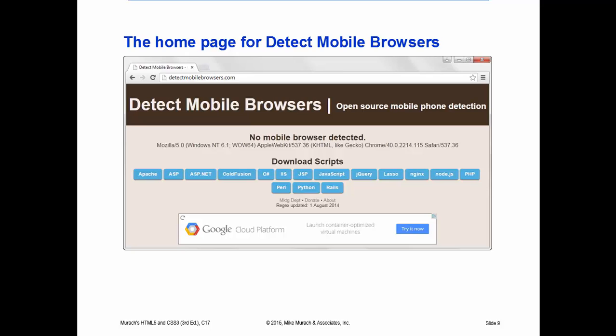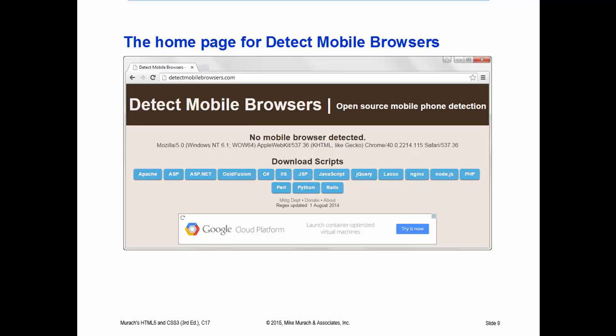So, this is the home page for Detect Mobile Browsers. Because there are so many different types of mobile devices and mobile browsers, it's difficult to code and maintain a JavaScript application that redirects mobile users to a mobile version of a website. So, to do that, a good way to get started is to look for a plugin. Alright, so one website that provides scripts for detecting browsers is the one that you see on your screen right now. It provides scripts for clients and servers that detect mobile browsers and redirects them to the mobile versions of